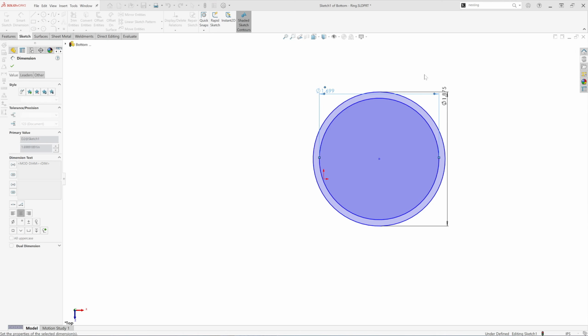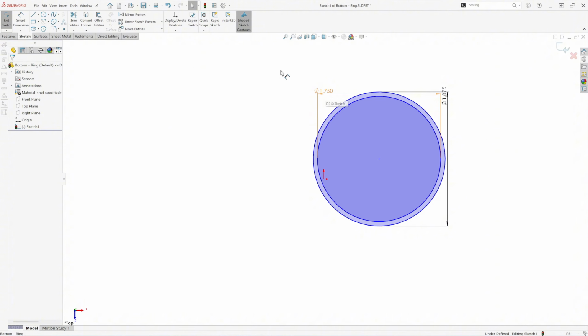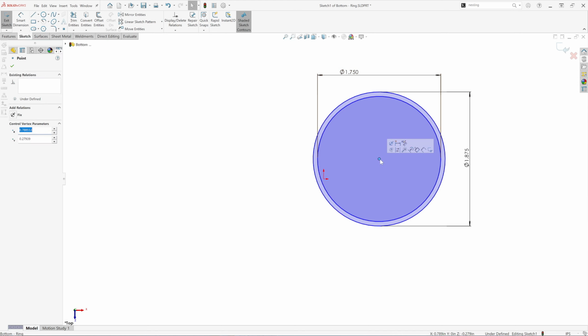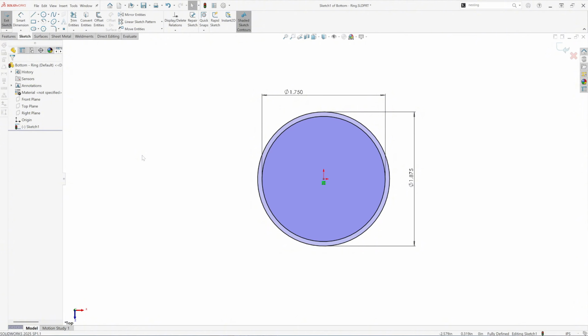Okay. Select the center of the circles, hold shift, select the origin, make coincident relation, okay. Drawing is fully defined. Features, extruded boss,